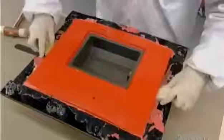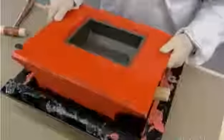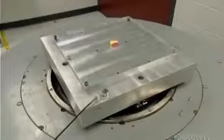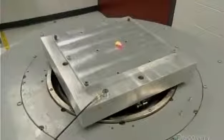Now they can install the other components, such as this memory module containing the circuit boards that record the flight data and cockpit audio. All components prior to installation undergo extensive testing to ensure they operate properly when subjected to vibration and extreme temperatures. The memory module goes into a fireproof box along with the transmitter that sends out the